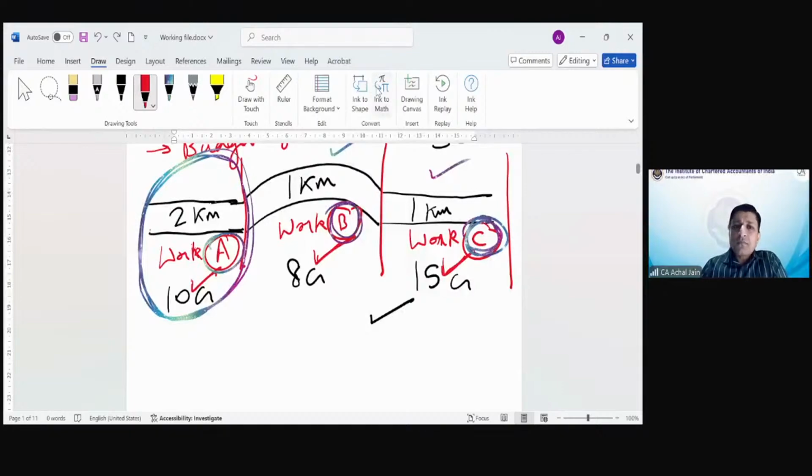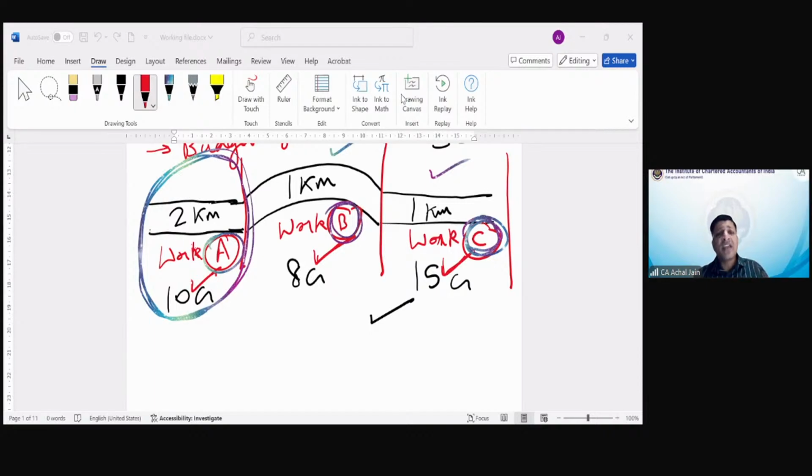Tanya is asking to repeat the combining point. Yes, sure. So combining means, let's suppose there are three legal contracts wherein three works are required to be completed. And if these three contracts are interlinked, interdependent, meaning after completing contract A, the customer will not accept if the contractor wants to walk out and not complete contracts B and C, in such a case these will be considered interdependent, interlinked.